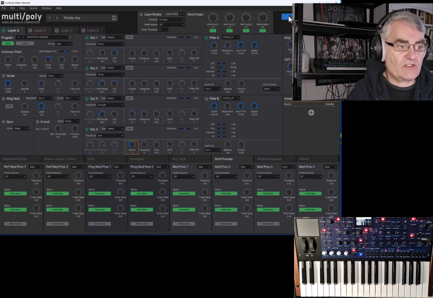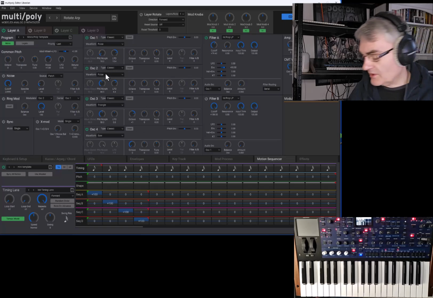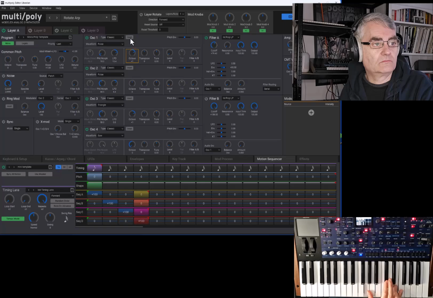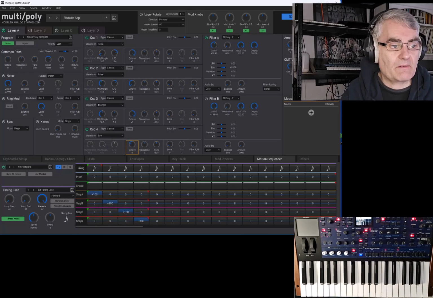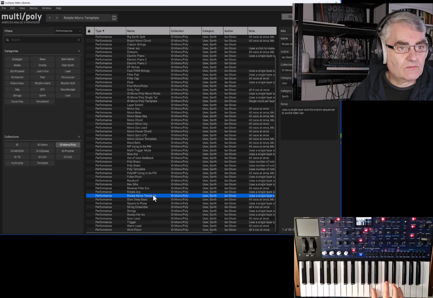So each one of those oscillators is played separately, and so you can choose whatever you want on those. So you get some really interesting effects playing around with that. And a rotate mono template as well,